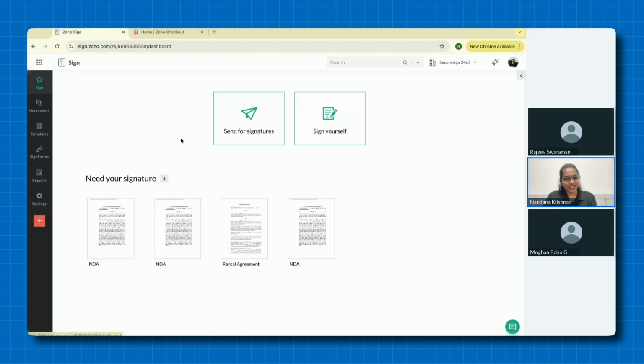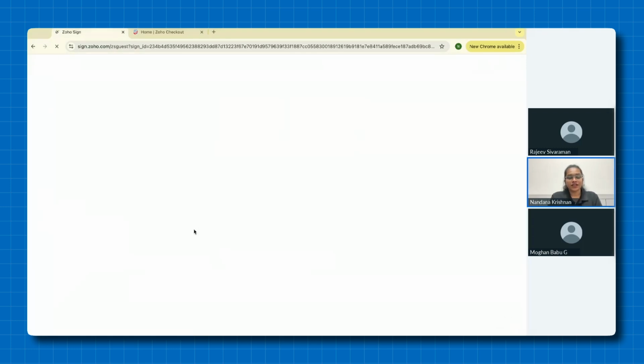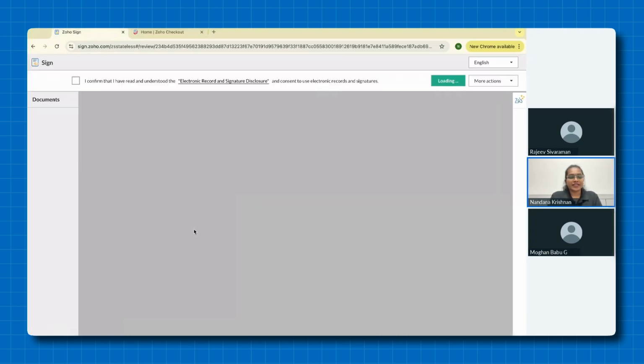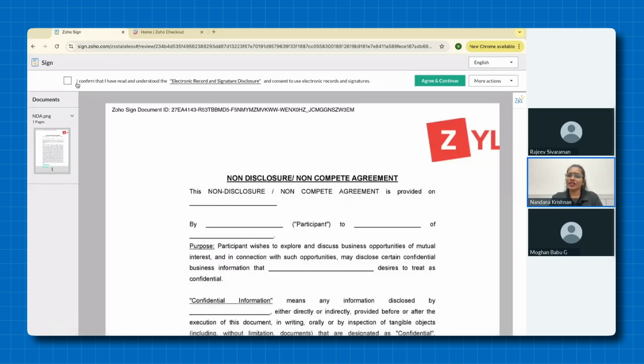As you can see right on the dashboard, there is an option called Need Your Signature. Under Need Your Signature, you can see all the documents that currently require my signature. If I want to start signing, I simply have to click on one of these documents. Once I do click on that, I will be taken to the document. And before I even start the signing process, I have to confirm that I have read and understood the electronic and signature disclosure